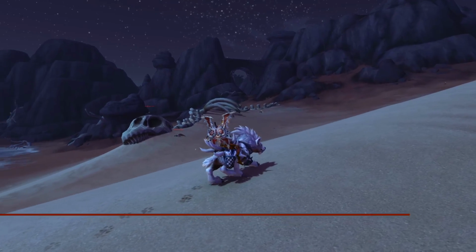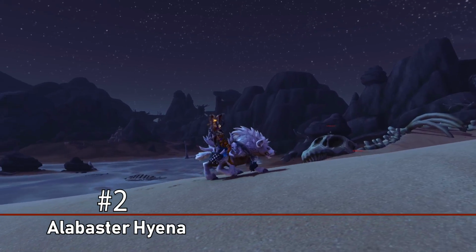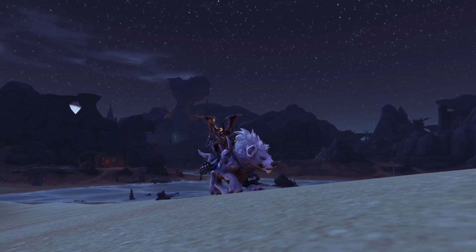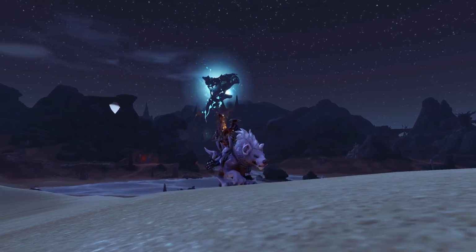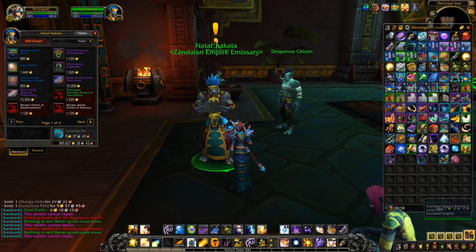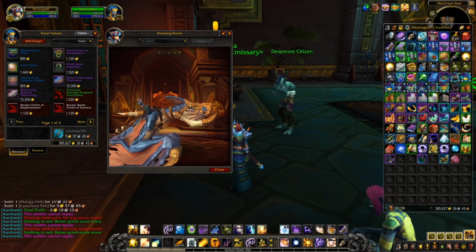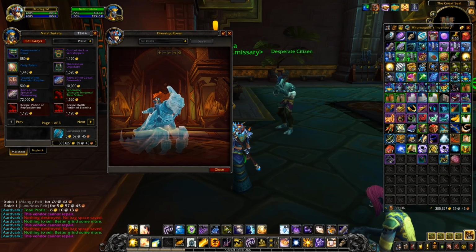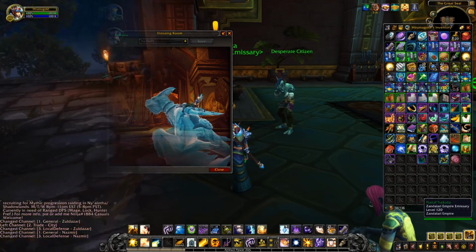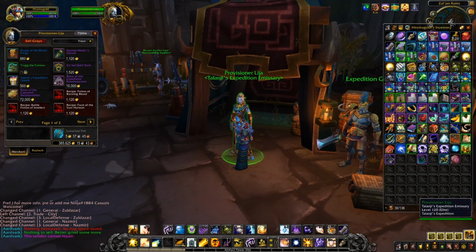And at number 2, we have the Alabaster Hyena, as well as 5 other mounts you can obtain for getting exalted reputations with your 3 main BFA reputation hubs. In both Zandalar and Kul Tiras, there is a reputation associated to all 3 of the zones, and if you simply get those reputations to Exalted, there are 2 mounts available from the zone's quartermasters, for 10,000 gold and 72,000 gold